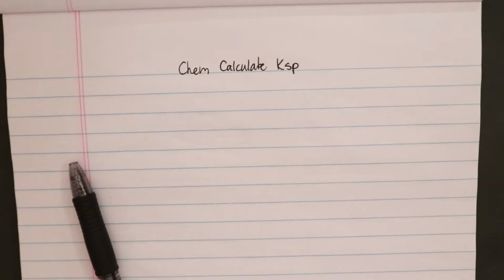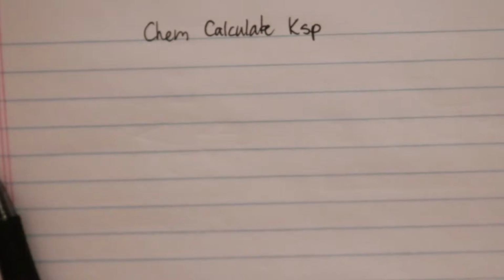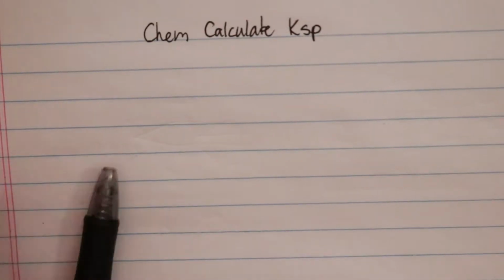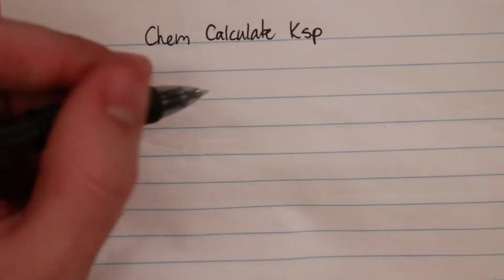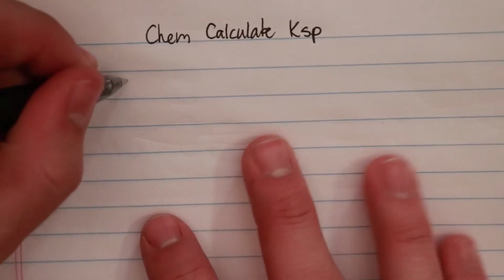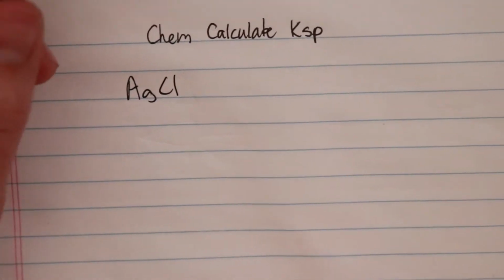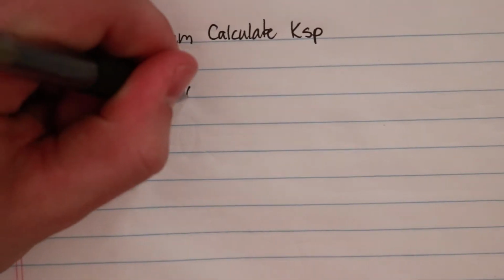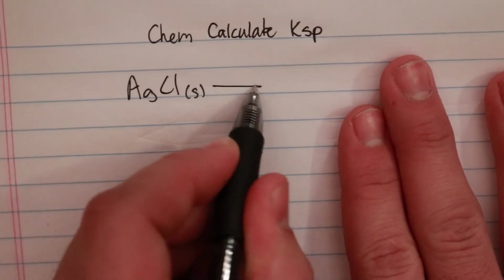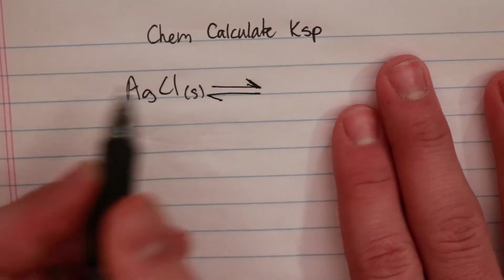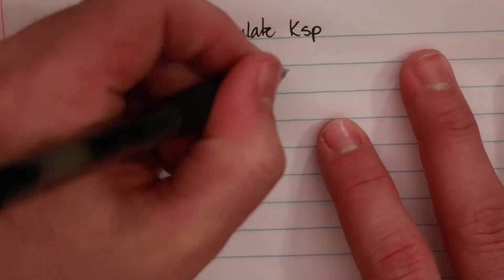All right, so today I want to talk about Ksp for chemistry, and this is your solubility product constant. It's going to look a lot like what we've been doing for Kc. I'm just going to take this silver chloride example that they had. That silver chloride, they would tell us in the books, is a solid. It's insoluble. But really, if we look at a forward and reverse reaction, really what's going on is we have